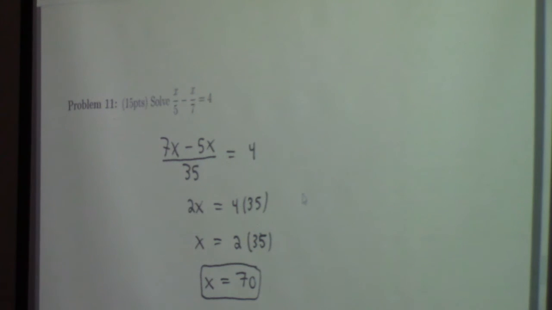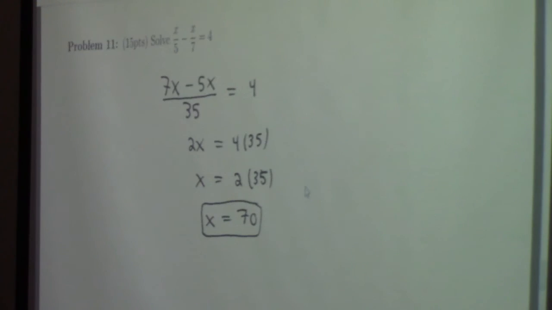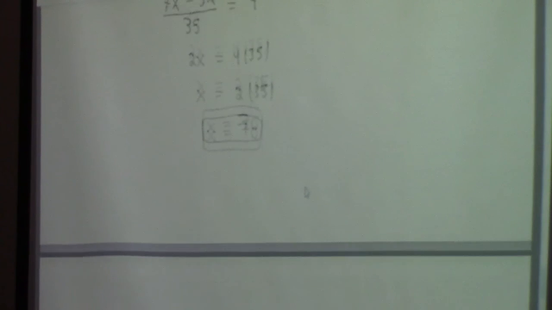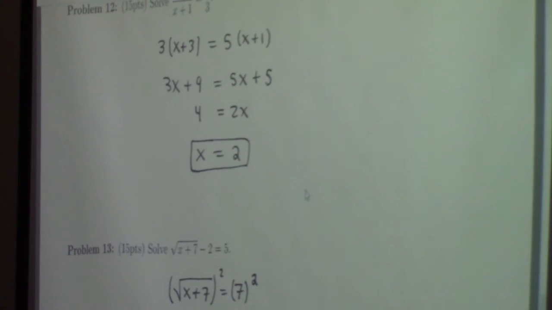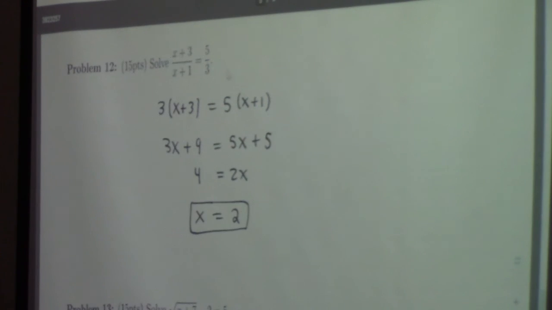Problem 11, this is pretty much like problem 1 on the exercise sheet. And it was also pretty similar to quiz 3 problem. Basically make a common denominator and then cross multiply, or anyway, 70 was the answer. This one here, I had some people just guess x equals 2. If you are going to guess x equals 2, you should put the words on your paper, I guess x equals 2. That would help me. And I think guessing x equals 2 here is not impossible,